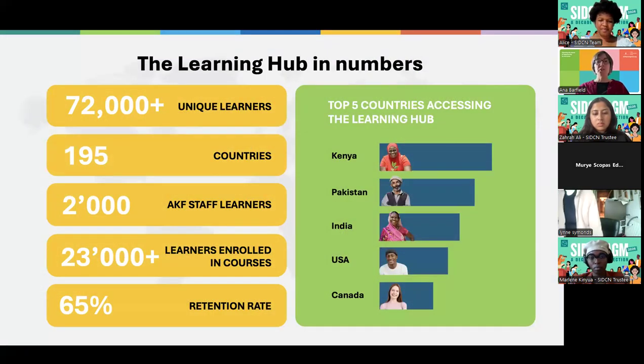In terms of numbers, where are we now? After 3 years of launching the platform itself, the Learning Hub, we have more than 72,000 unique learners from pretty much every country in the world. And it varies a bit in time, but Kenya, India, and Pakistan are consistently at the top. At the moment it's Kenya, other times it's Pakistan, other times it's India. We don't always know why, because as you can imagine, we don't have much of a marketing budget at all. So I rely on contacts like this and events like this to share the story of